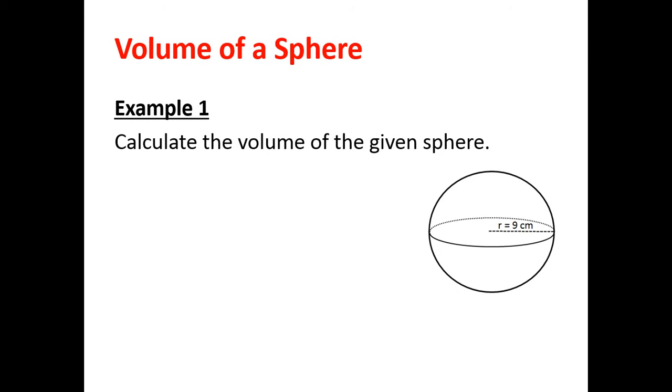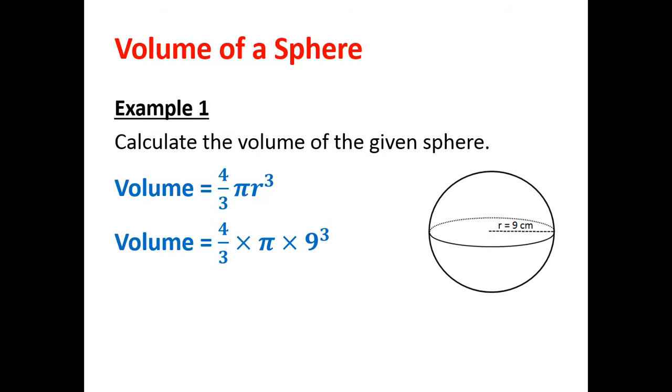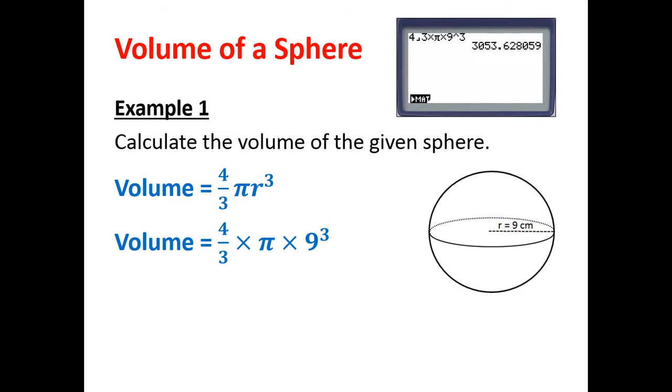Alright, example number 1. Calculate the volume of the given sphere. Well, it has a radius of 9 centimeters. So the volume is equal to 4/3 times pi times radius cubed. So we're going to go 4/3 times pi times 9, which is the radius, to the power of 3. I'll grab my calculator. 4 over 3, using my fraction button, times pi times 9 to the power of 3. That gives me 3053.628059. Remember, 9 to the power of 3 is the same as 9 times 9 times 9, so I could